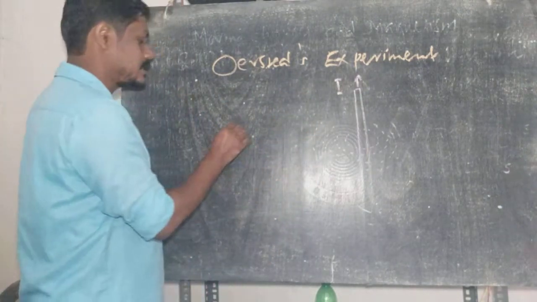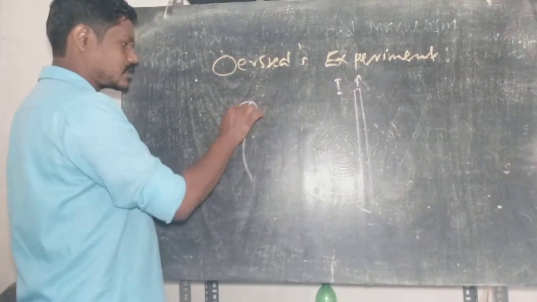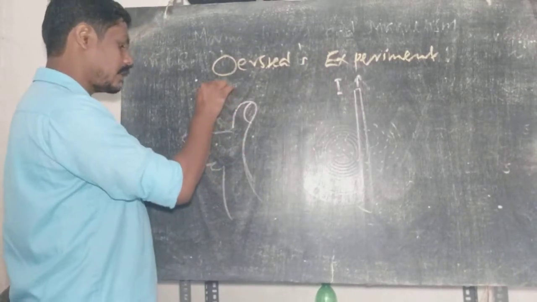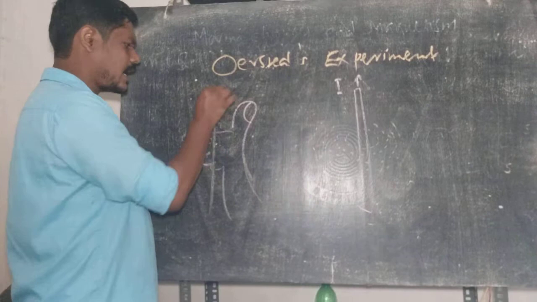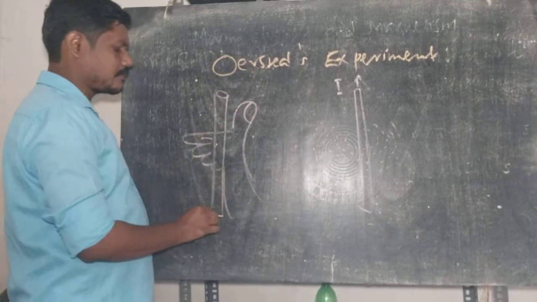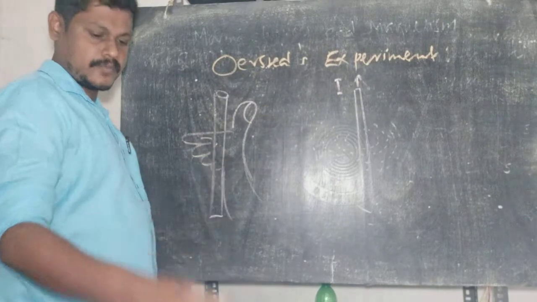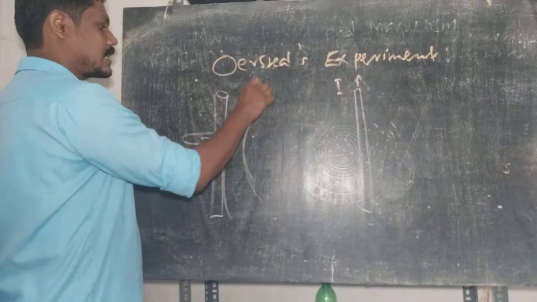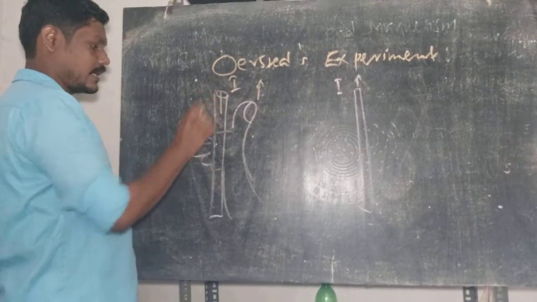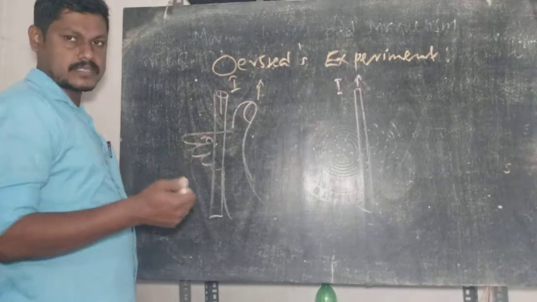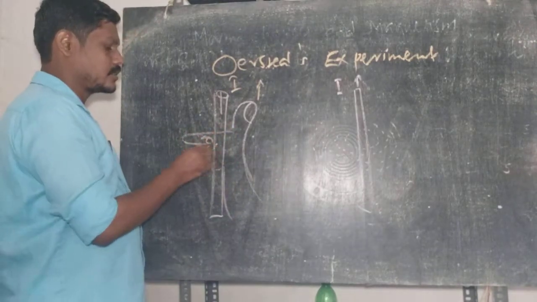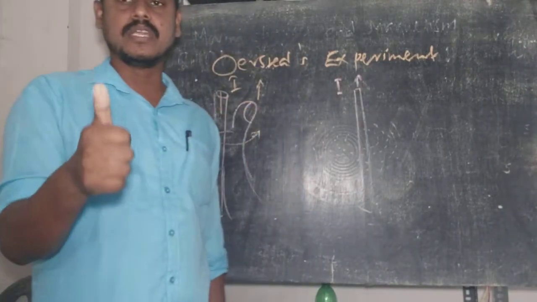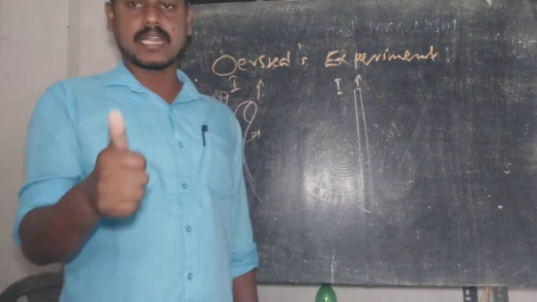It states that the direction of magnetic field around a straight wire carrying current can be obtained by using the right hand thumb rule by Maxwell. It states that imagine we hold a current carrying conductor in our right hand such that the direction of the thumb shows the direction of current through the wire. Then the curled fingers wrapped around that conductor will show the direction of magnetic field. So the right hand grip rule is used to determine the direction of magnetic field around a straight conductor carrying current.